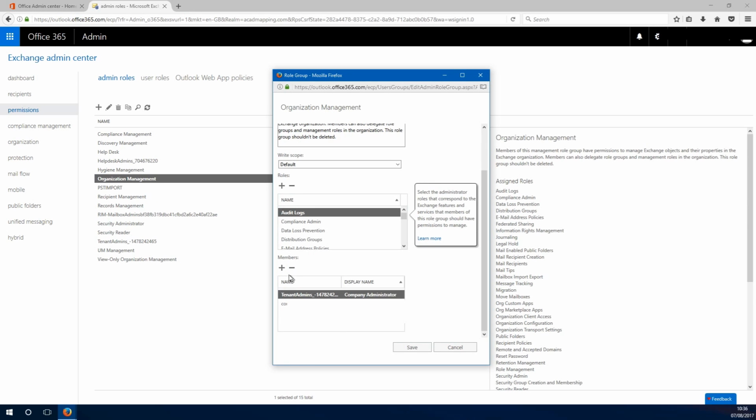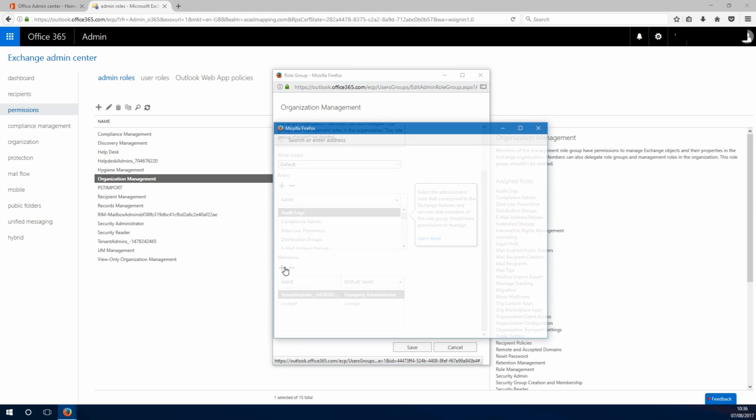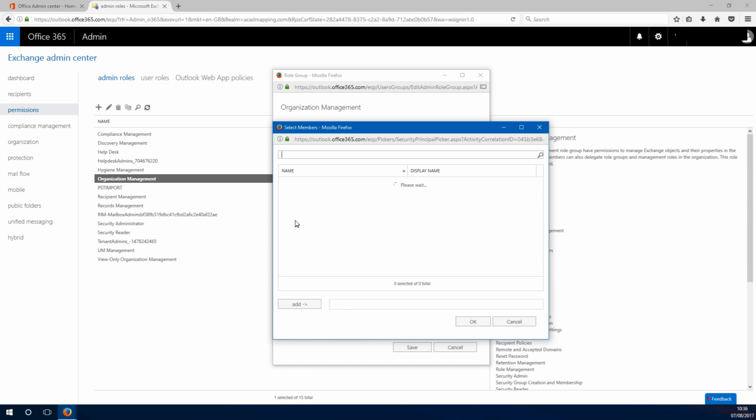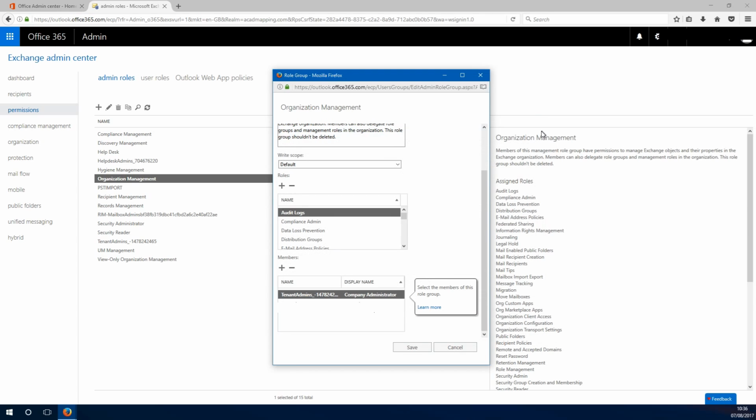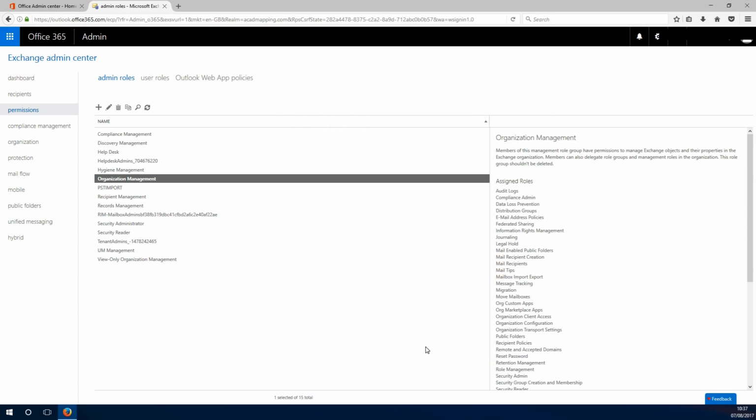Next, go to the bottom, press the plus symbol, and now we want to add a user to the organisation management group. So in this case I would use your global admin. Again, I've already added this, so I won't press the OK button, but you get the idea. And now we wait. So I normally would do this maybe at the end of the day, and normally the next morning it's ready to set up